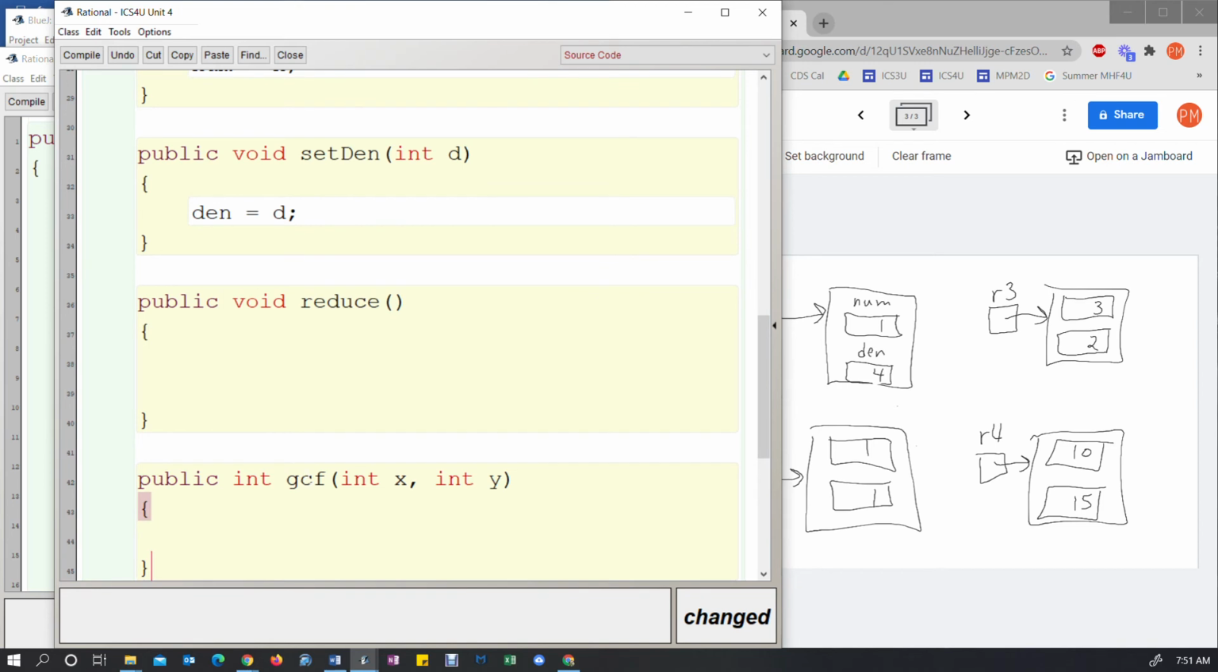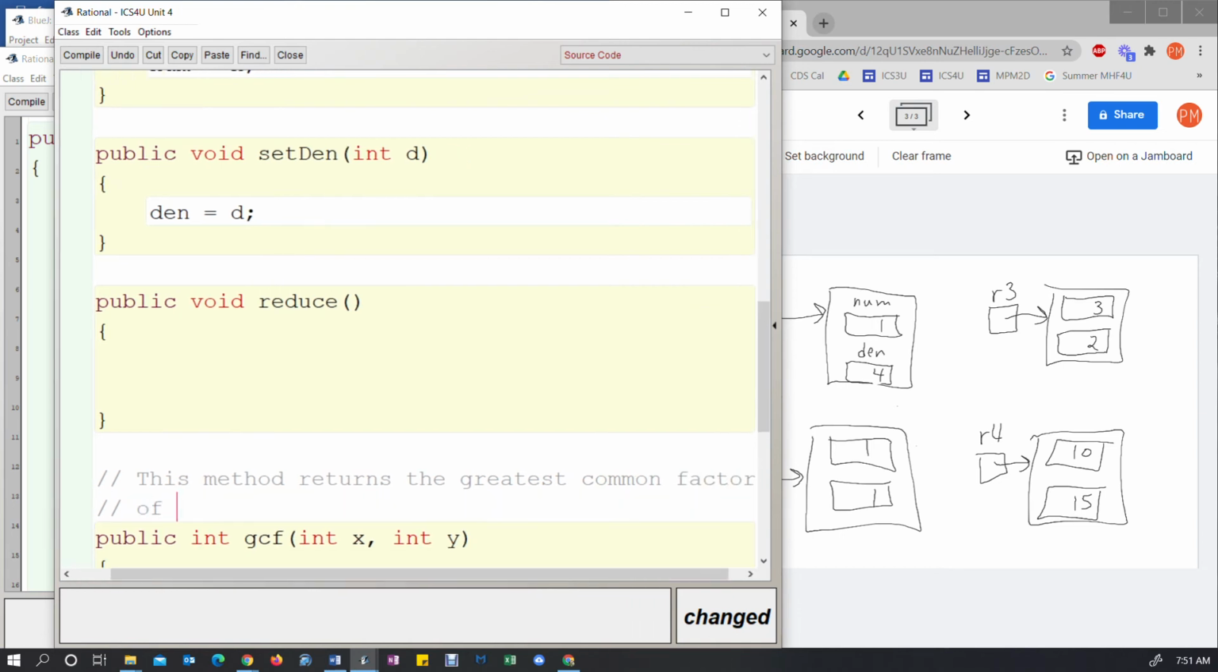And this is going to determine the greatest common factor of x and y. Okay, so we're going to come back to this. So this method returns the greatest common factor of x and y. So let's pretend we have this done. If we have this method done, then up here I can just